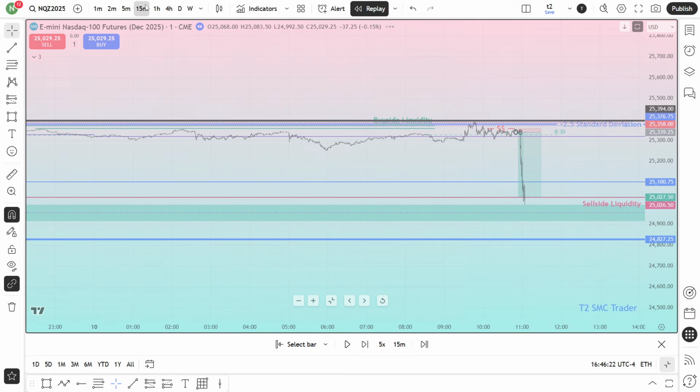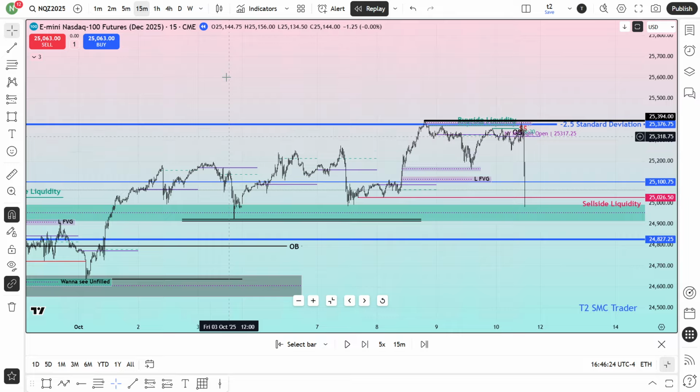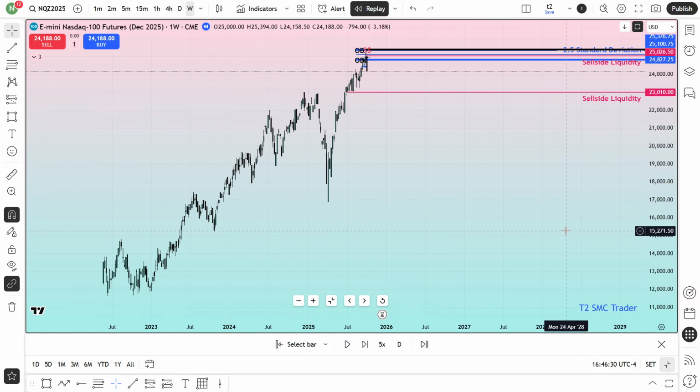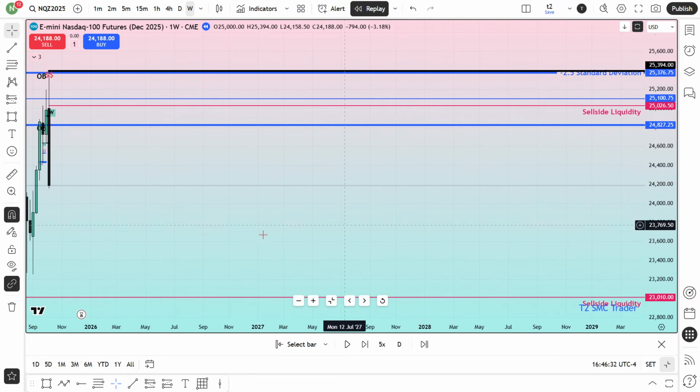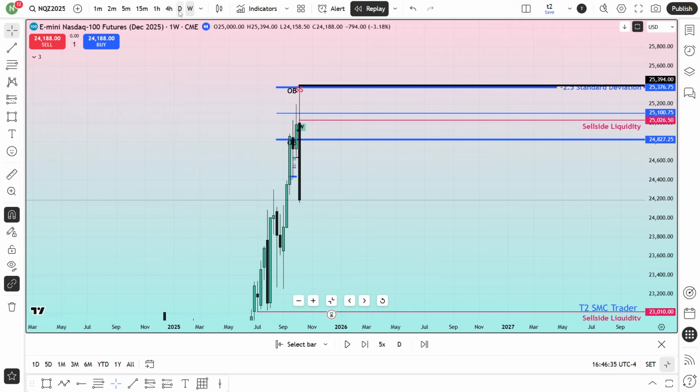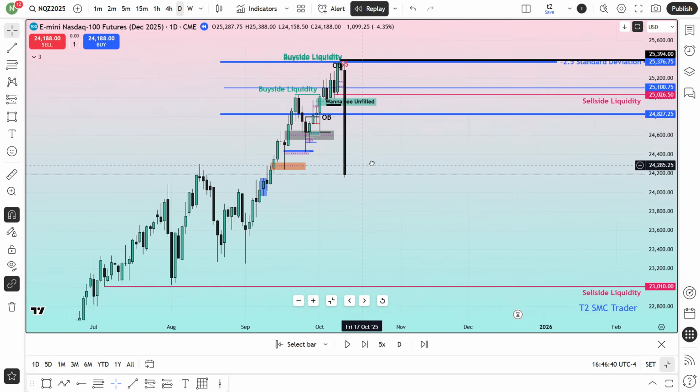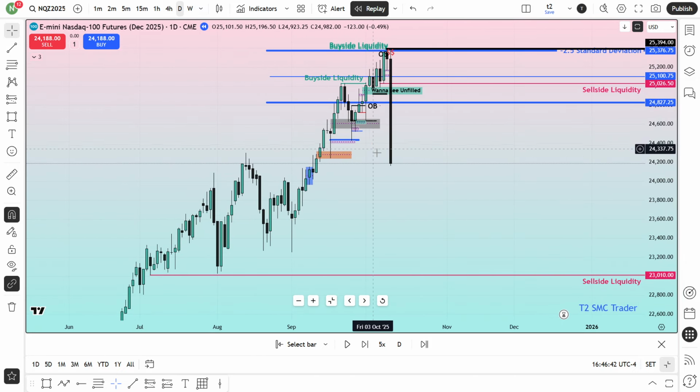So guys, I hope that after explaining this whole price action, you have learned a lot. Now from the daily chart, I have a lot to explain for the next week. So either maybe I'll make a video, otherwise I'll do it in live, so that you guys can see what is going to happen next, what is my expectation, and how I'm going to outline the next few days.